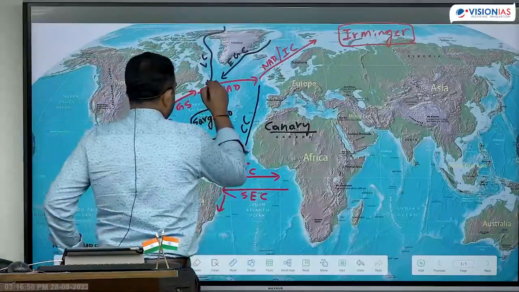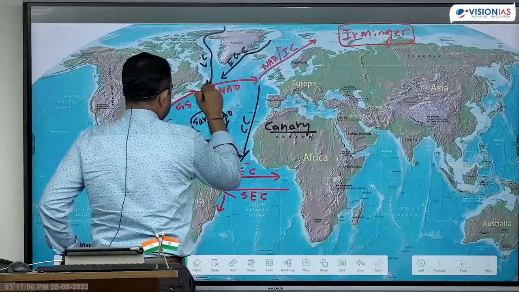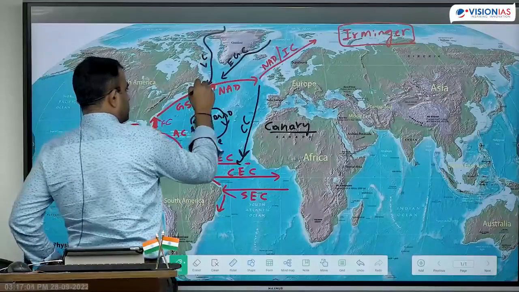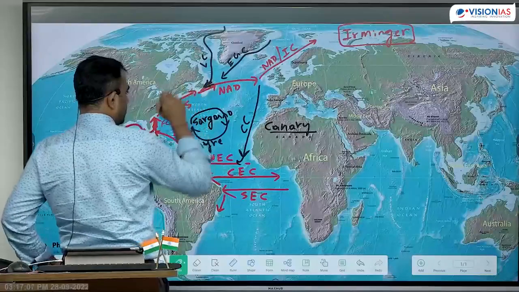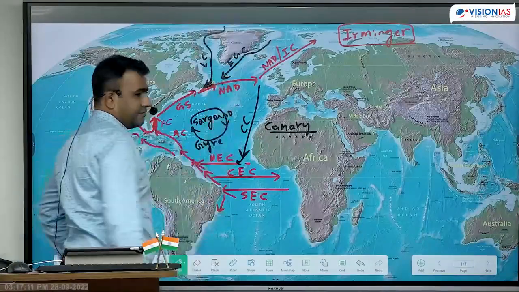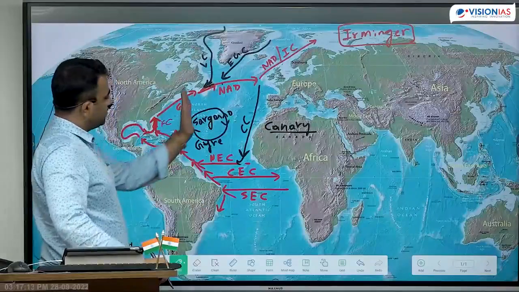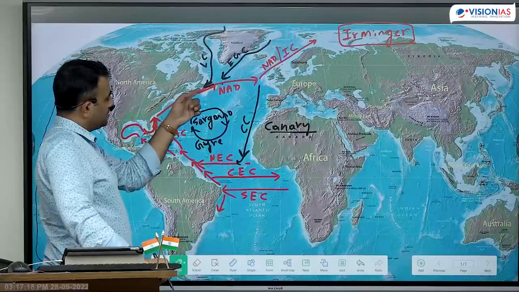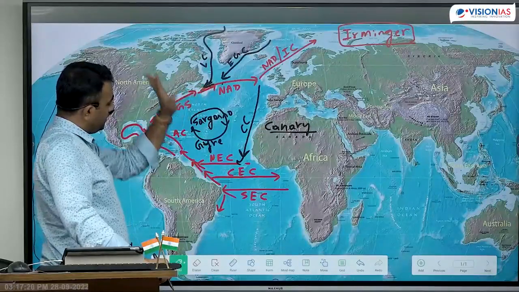Labrador current comes here and joins. It almost joins the Gulf Stream. Till Newfoundland Island, it is called the Gulf Stream only, right? So that is why Labrador current is said to be joining the Gulf Stream. But East Greenland current joins the North Atlantic Drift. It joins somewhere here. Until there, we call it the North Atlantic Drift. But where they join, near the Newfoundland Island, it is called the Gulf Stream